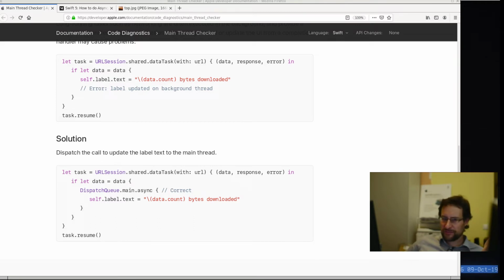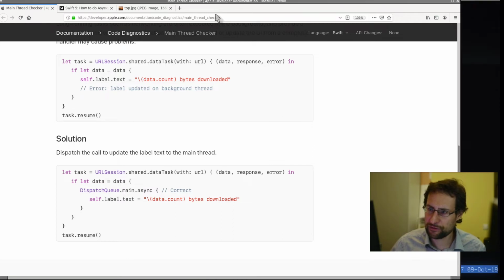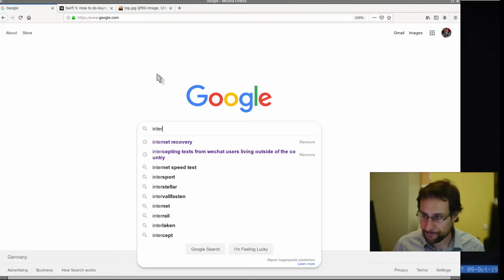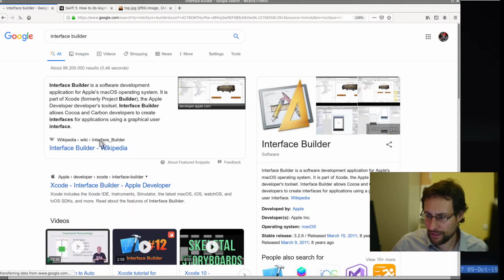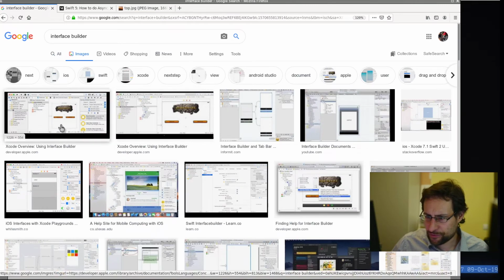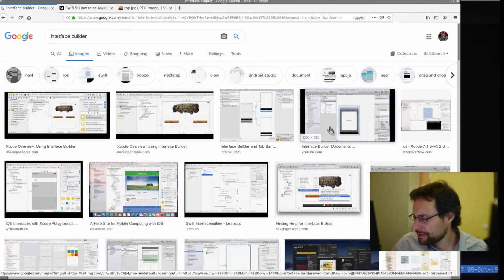Then the new Interface Builder did not even open one of our old interfaces. Also totally not a fan of this Interface Builder stuff. Interface Builder is some UI tool where you click your stuff together. I would actually not use it at all for new software. It looks like this, and the problem is that it